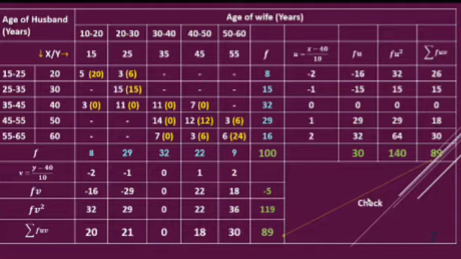Now, what is written in the cell frequencies in white ink? You go through that white ink only now. The first cell frequency is 5, the second one is 3; I am talking about the first row. 5 plus 3 is 8. Now you have one blue ink, that is F. Your F along the row is 5 plus 3, which is 8. Then 15. Then 3 plus 11 plus 11 plus 7, 32. 14 plus 12 plus 3, 29. 7 plus 3 plus 6, 16.